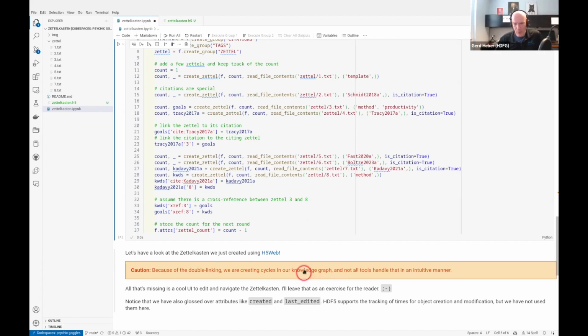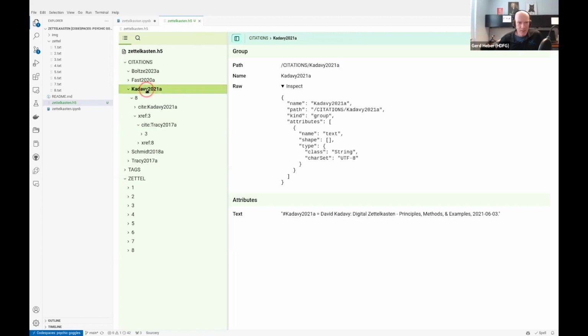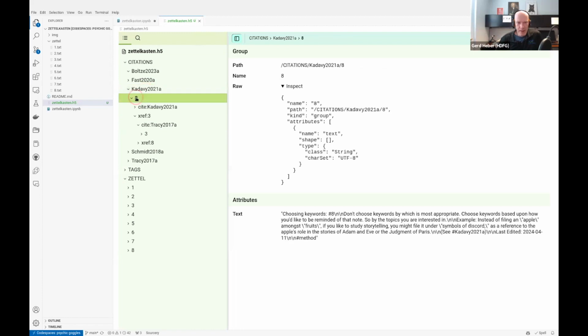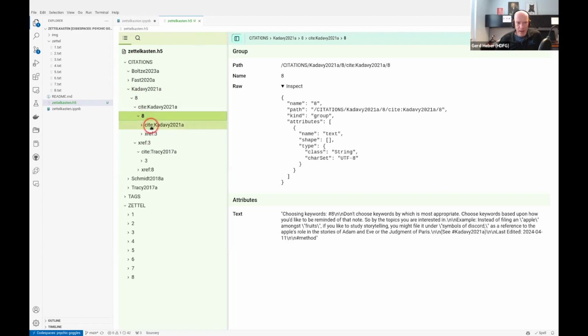You can read this example, and that's all cool. What I want to point out, though, is what might be a little confusing, and this is a good way of testing your knowledge of groups and links: by doubly linking things back and forth, we are introducing cycles here. I'm not running HDF View here, but if you look at H5Web, for example, you very quickly get into this loopiness. So we started here, for example, with this citation. Linked to that is node number 8, which is being cited by, of course, node number 8. But then when I'm back at the citation, I know that it links to node number 8,